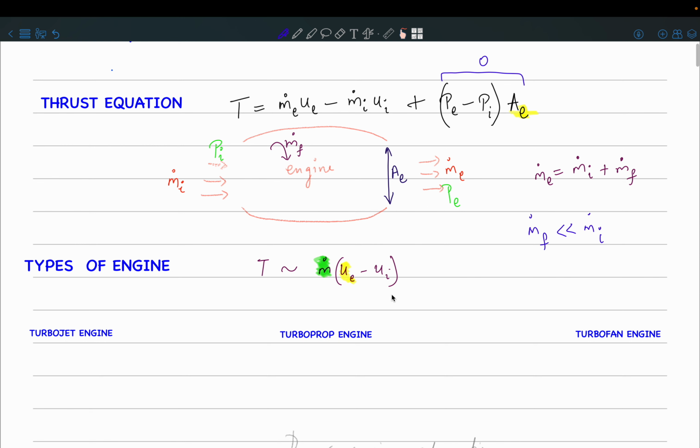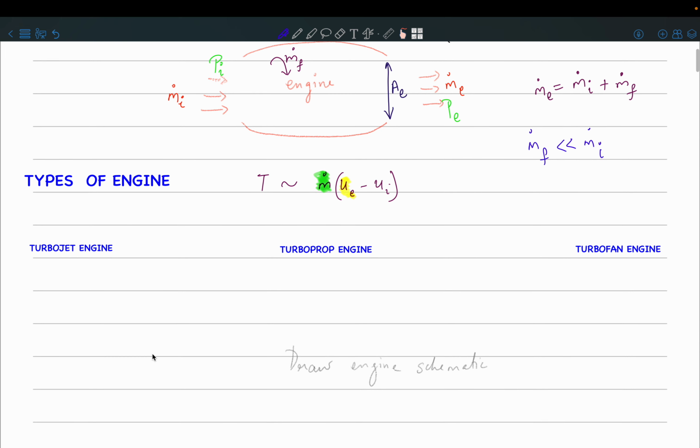Now UI is determined by the velocity with which your aircraft is flying, right? So the only way you can change the thrust is by increasing the mass flow rate, that is m dot, or by increasing the exit velocity or the exhaust velocity of the air that you are throwing out. So based on this, we have three